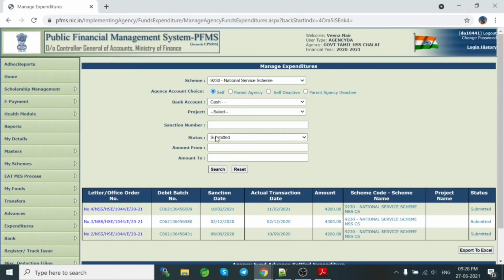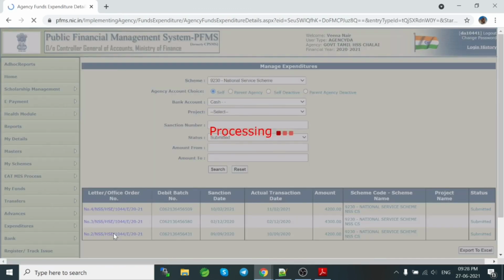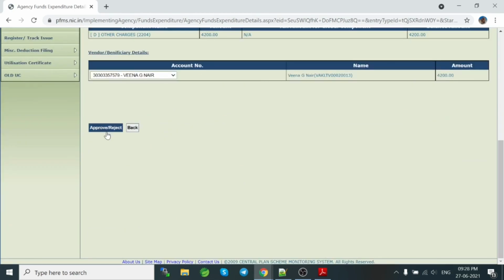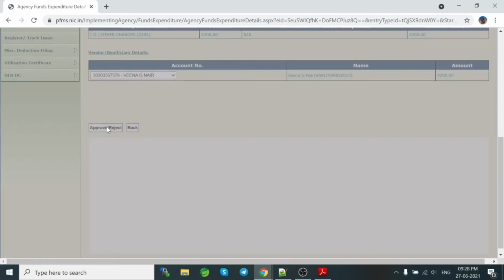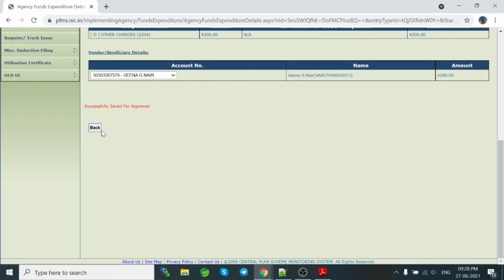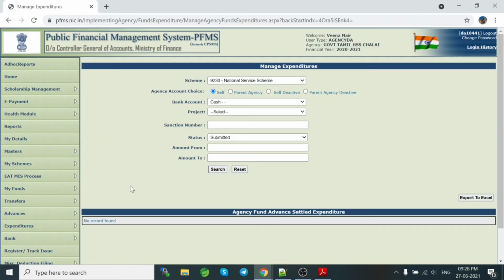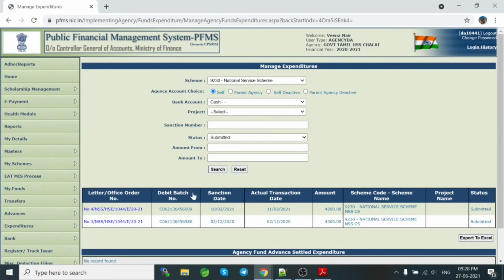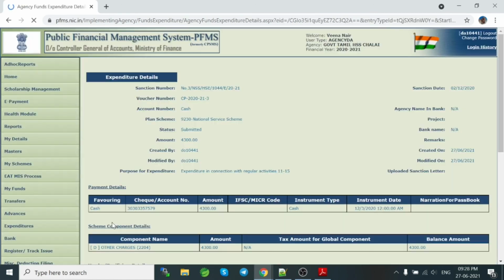You see only in the submitter status only 3 are there now. I clicked the second one, click approve or reject. Approved. Click back, click search. You'll see the rest.